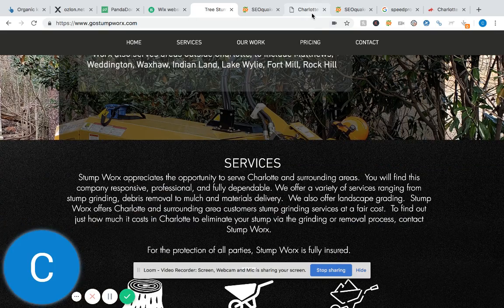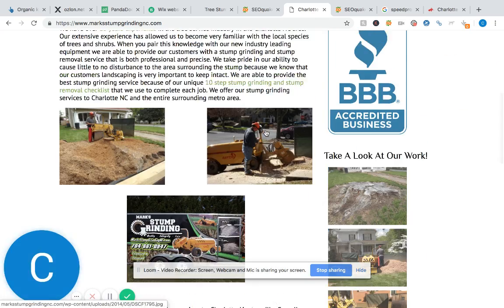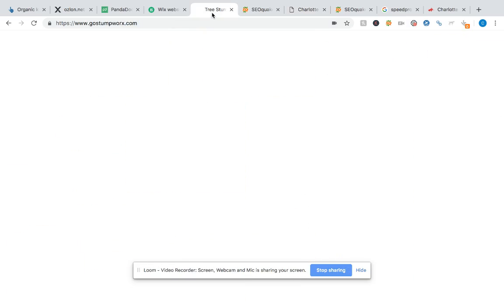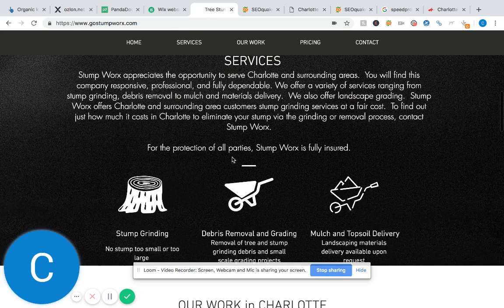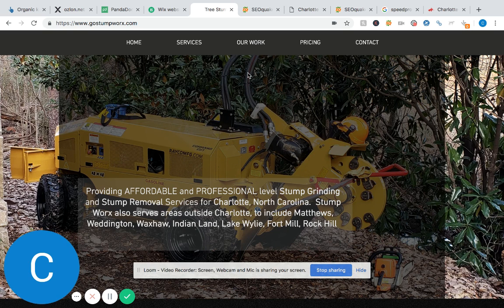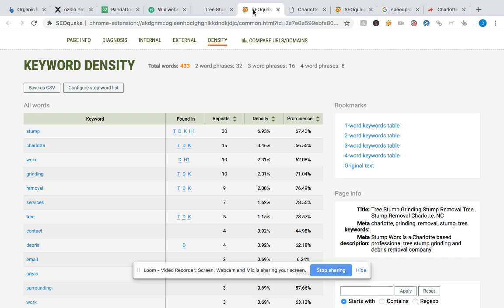What I'm going to do is go through the different top pages on Google for stump removal and gather some good content and have them literally rewrite everything so that we can add it to content and have a good overall design of the site there. Next, what I'm going to do is the